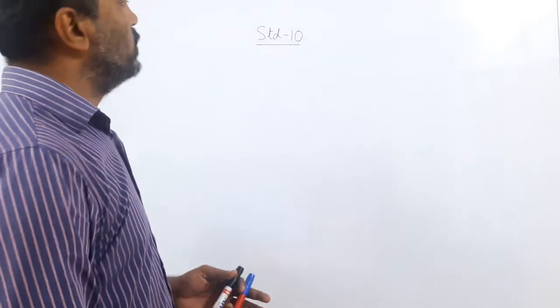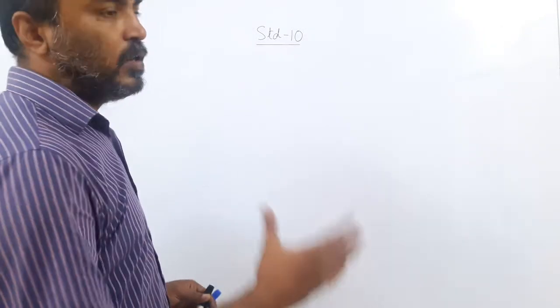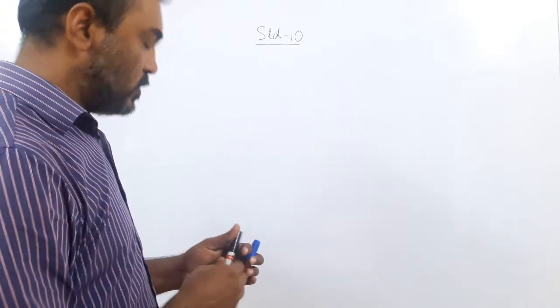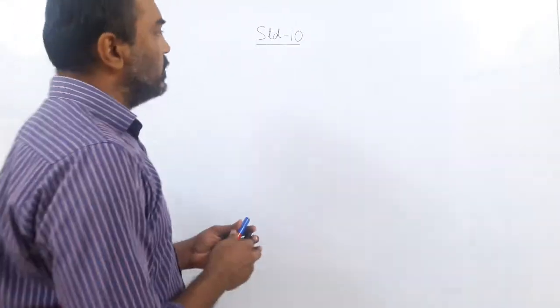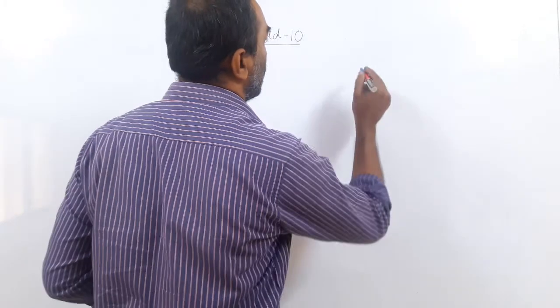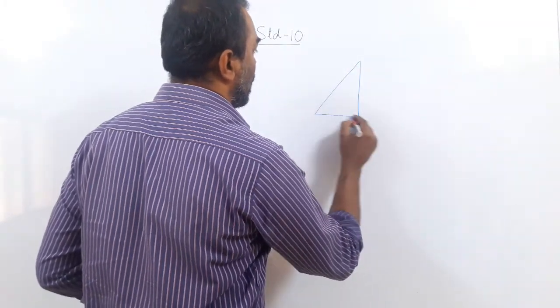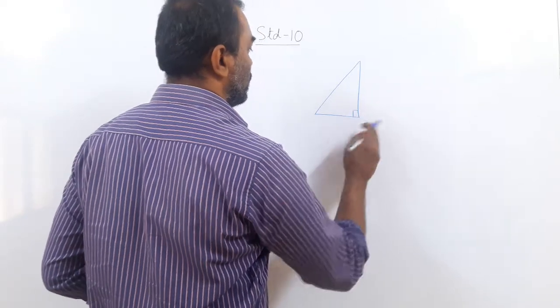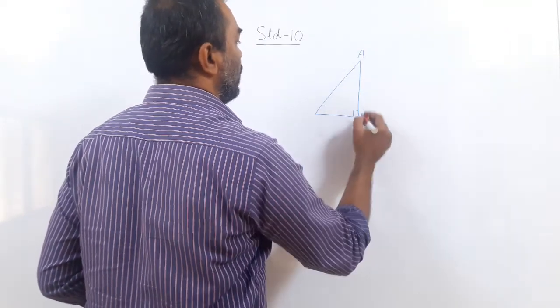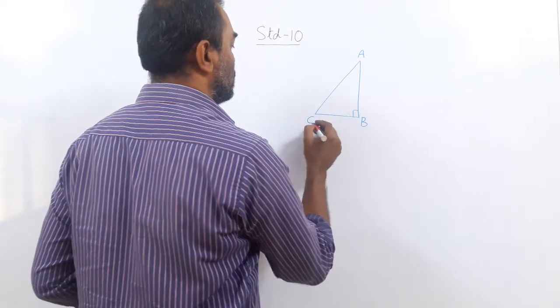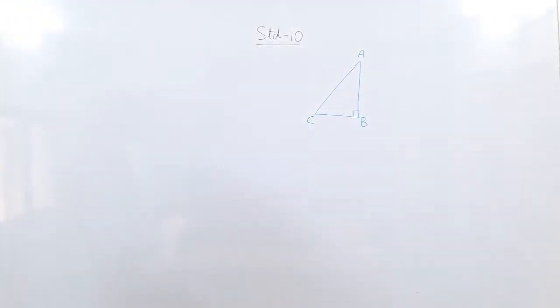Good morning, students. In the previous lecture, we had started with the amazing topic of trigonometry. So, before we continue further, let us recall because that is very important. What we had done, we had taken a right angle triangle, right? Let me call this right angle triangle A, B, C. So we have got a right angle triangle here.